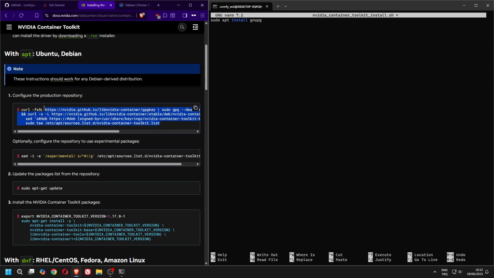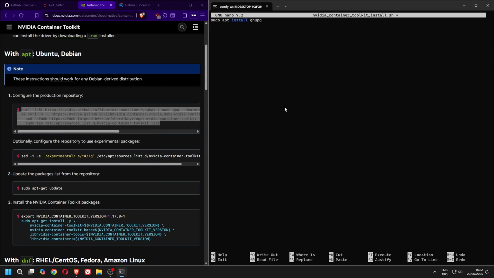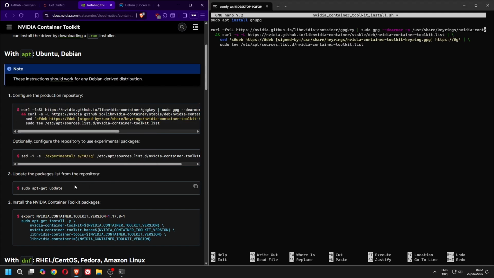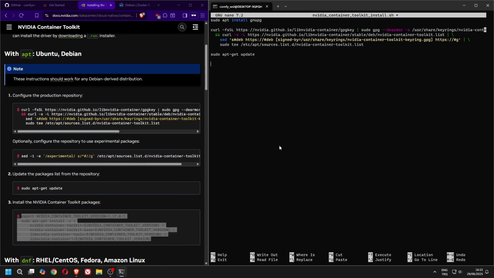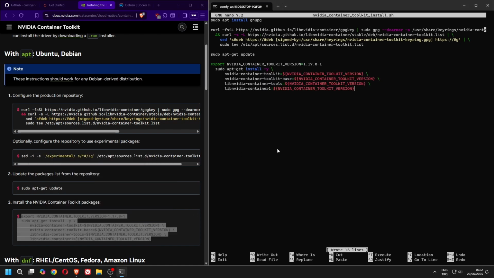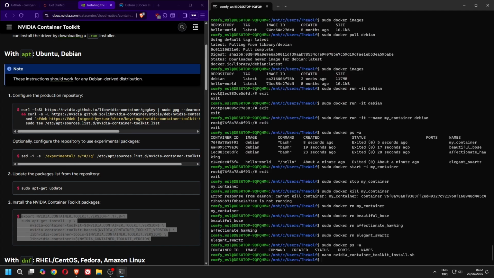Now copy the commands from the guide and paste them into the terminal by right-clicking. After copying the last part, press Ctrl S to save, then Ctrl X to exit.